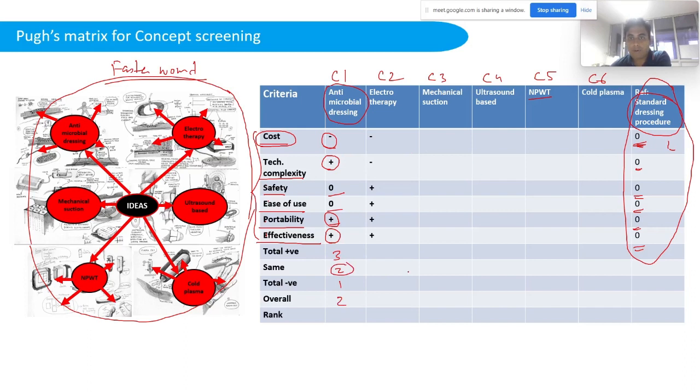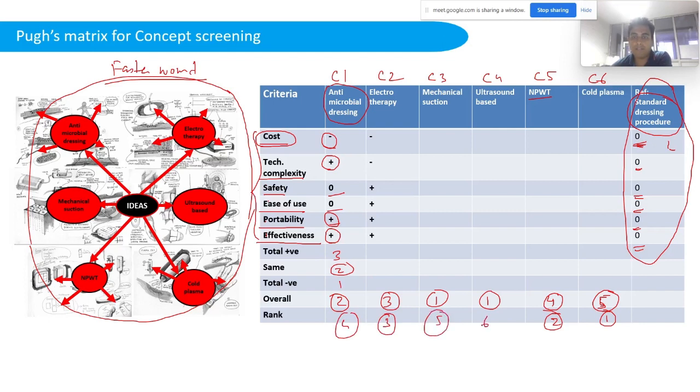So likewise, for all the concepts we may have different scores. For example, NPWT probably 4, cold plasma 5, ultrasound 1, mechanical 1, then electrotherapy 3. These are the various scores that we generate using a Pugh matrix, and then based on these ratings we give our ranking. The one which has the highest score, we can give ranking 1, ranking 2, ranking 3, 4,